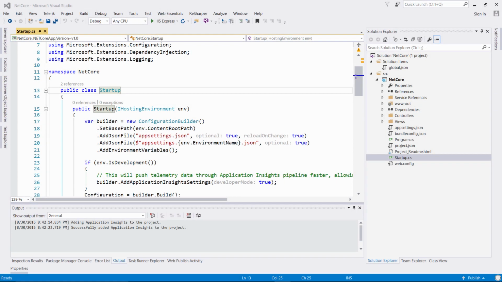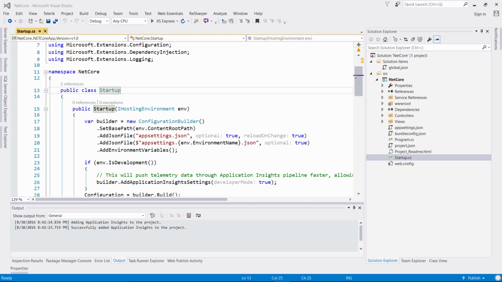ASP.NET Core provides complete control of how individual requests are handled by your web application. The Startup class is the entry point to your application. It's utilized for setting up configuration and wiring up services the application will use. Developers can also configure a request pipeline in the Startup class that is used to handle all of the requests